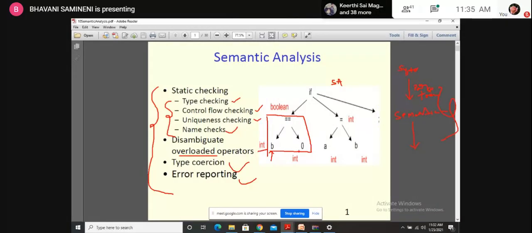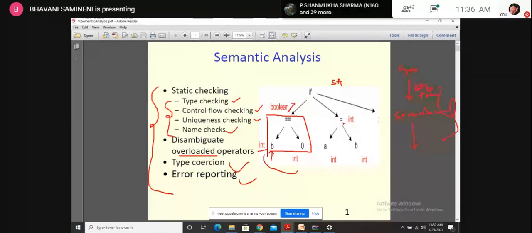It will get the data type of it. With two data types, based on the operator presented at the parent node, it will compare them. An int is compared with an integer. Is it valid or not? That is data type checking. If it is valid, it does not report any error and moves on to the next stages.